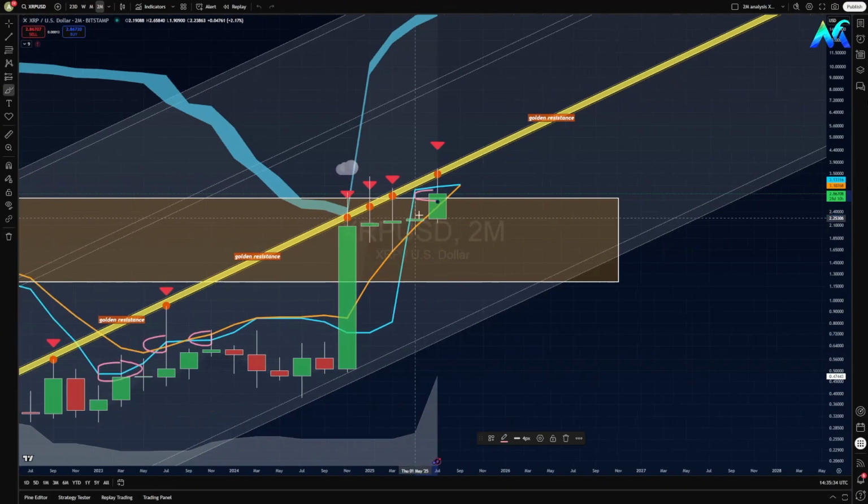But recently we crossed the blue line, as you can see with this candle. So this means that the blue line can become a resistance now. And this is one of the reasons why you see that the price is struggling to go through. It's because now the blue line is a resistance. But at the same time, we have the orange line holding us,